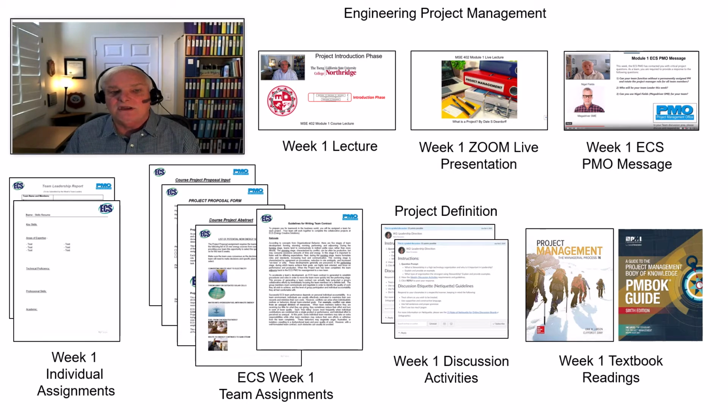So one of the things that we need you to fill out is a project proposal form. You'll see the template for it here. We have input for you on the course project, so there's a lot of information for you, but what we need you to do is glean that information, get it to the point where you really understand it well, and then make that project selection and fill out the basic information on the project proposal form. It's going to ask you for rough guesstimations for things like costs, schedule, potential resources, risks, just the high level perspective of where you think your team is going to be performing from.